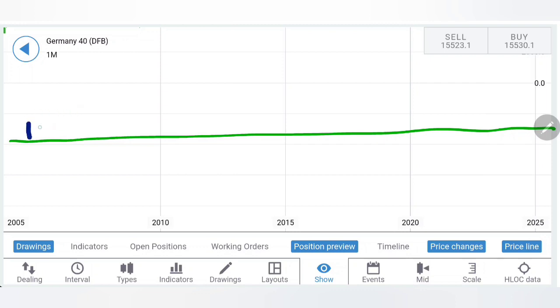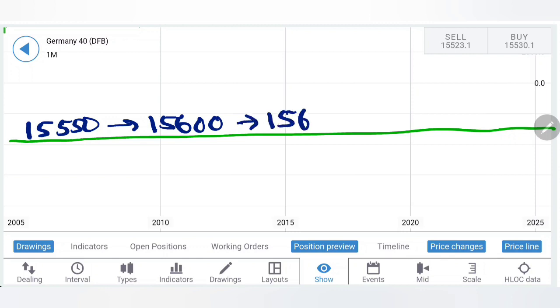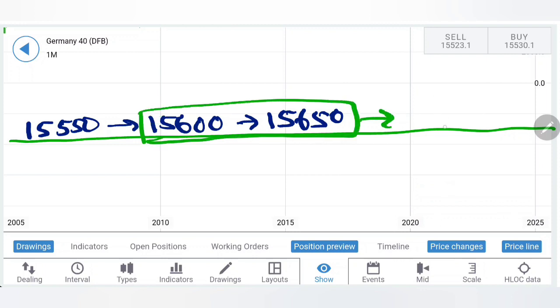Now, where to buy? Yes, you can buy here at 15550 itself, but then 15600 and 650, these two levels you should watch out for. Only and only if it breaks out beyond 15650, you can expect that it is trying to trade bullish here. The next target I will look forward to is 15800 directly. Once it trades beyond 15650, it may try to attempt and achieve 15800 levels, and then we can expect